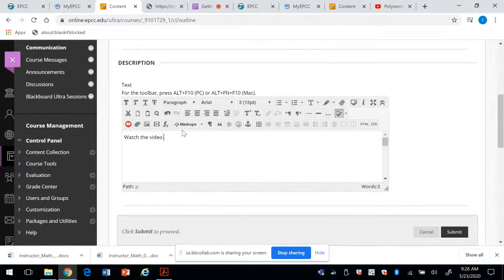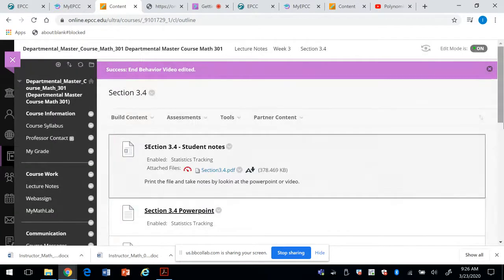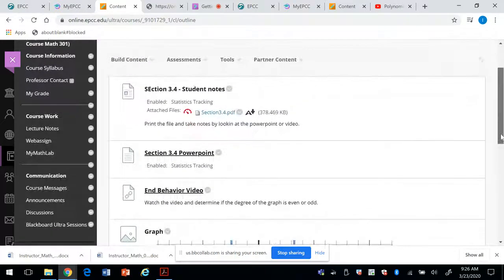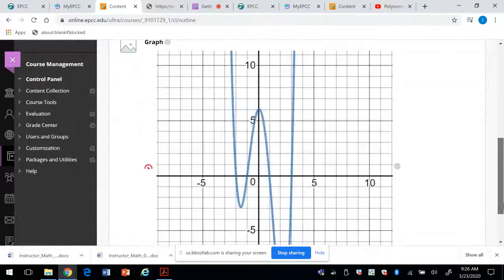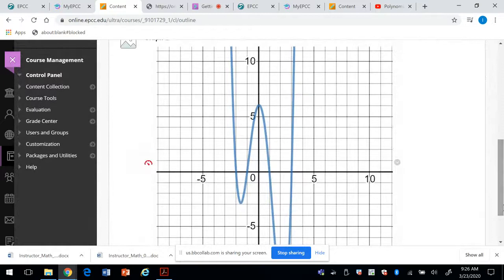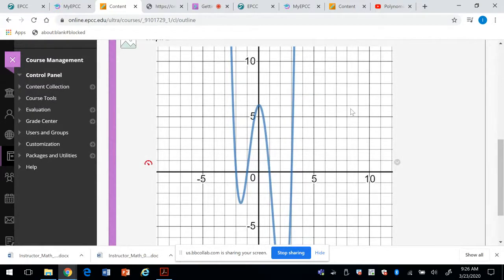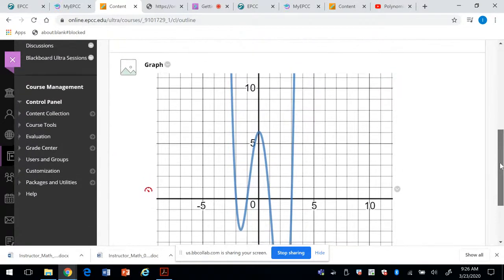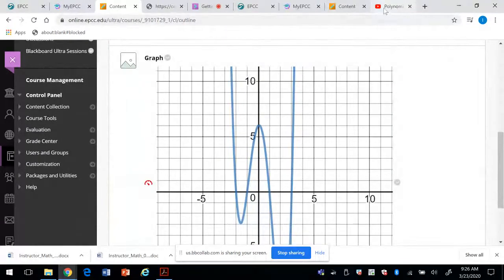Watch the video and determine if the degree of the graph is even or odd. Now, one of the great things that you can do with the Blackboard Ultra that I'm using right now to record this is the following. Here is a graph, so if you guys take a minute to look at it, okay, and then I'm going to go back to my course,